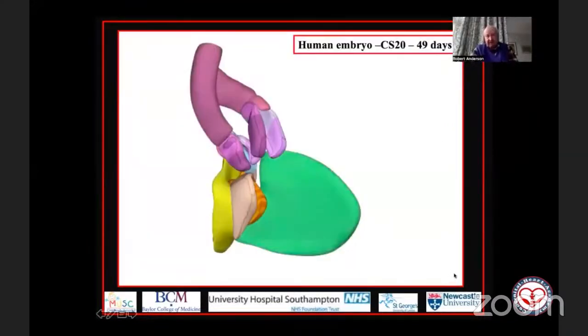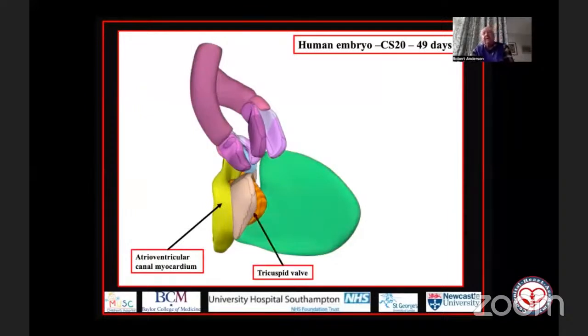Well, let me take you back to the situation prior to the transfer of the subaortic outflow tract to the left ventricle. And we see this at the end of the 7th week of normal human development. Again, I'm showing you one of the interactive PDF files created by Wout and Jill at the University of Maastricht. And here you're looking at the right side of the developing right ventricle. So in yellow, you see the atrioventricular canal myocardium.